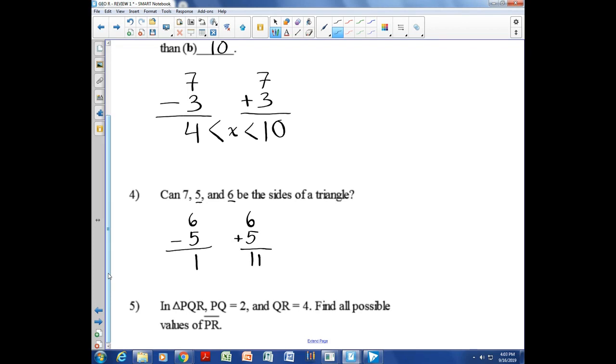And I'm going to remember that the third side, x, needs to be less than the sum and greater than the difference. So now I'm going to take the side that I didn't consider, which was 7, and ask myself, does 7 fit between 1 and 11? And the answer is clearly yes. And justification is the work. So you can see it right there. And finally,